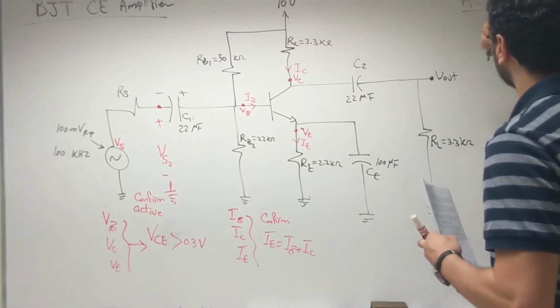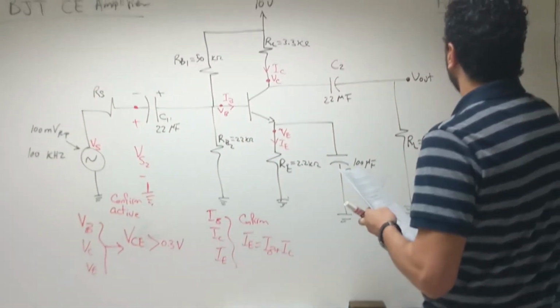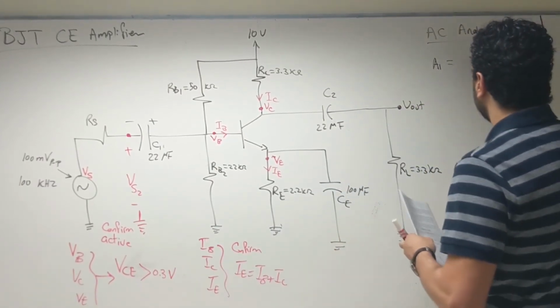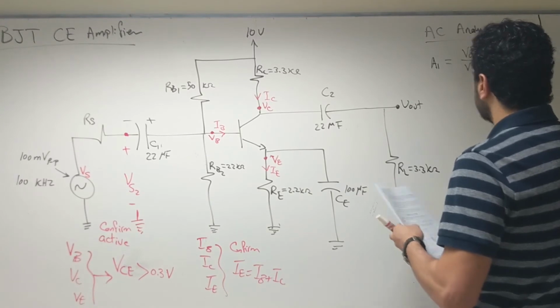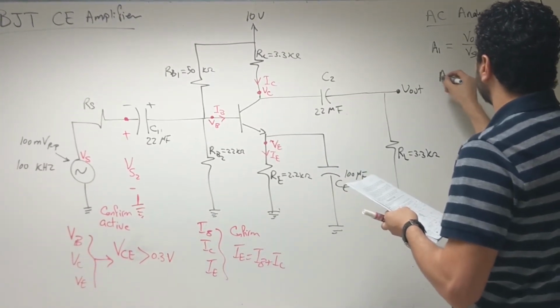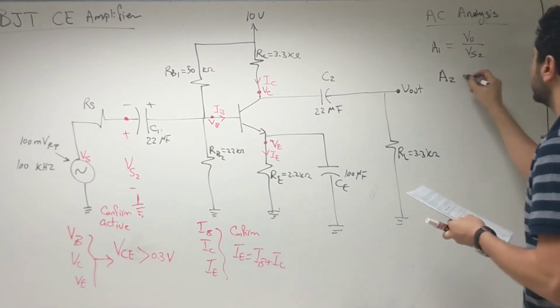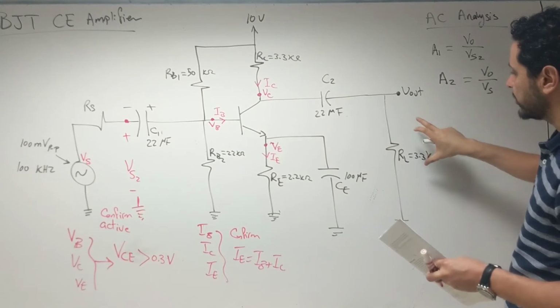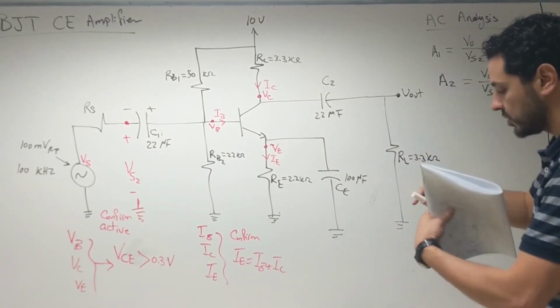The first gain that we are going to measure is A1. A1 is a ratio between V output over Vs2. And then we are going to measure another gain, A2, between V output over Vs. So you will measure on the oscilloscope, you will connect your channel 1